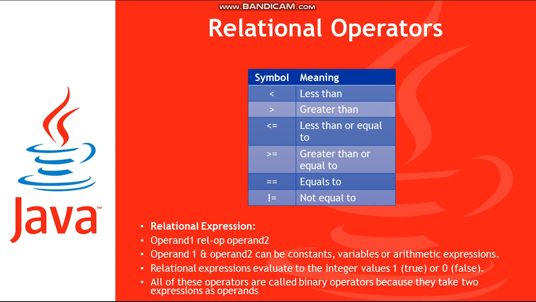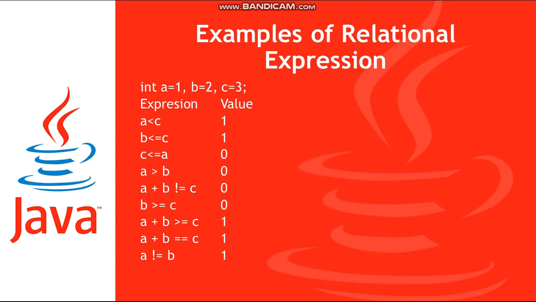After that, these are the relational operators, all of which we have seen. This is all the basic concept that I am telling you. As we have seen earlier: less than, greater than, less than or equal to. These topics are not included in your syllabus, but we are going through all the basic topics to clear all the concepts regarding Java, its data types, loops, architecture, structure, and everything. Less than, greater than, all you know. Less than or equal to, greater than or equal to, equal to, and not equal to.